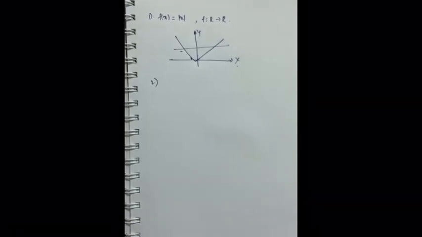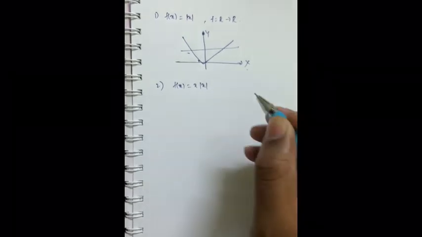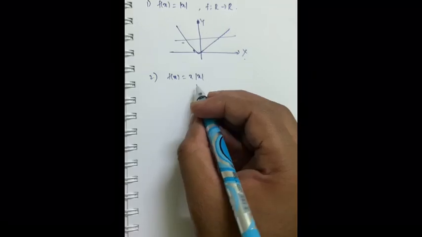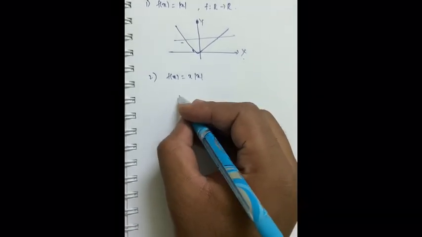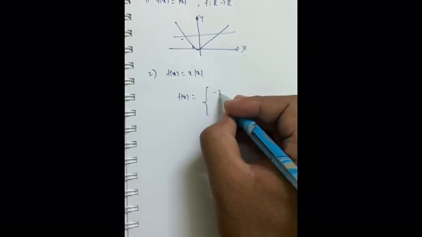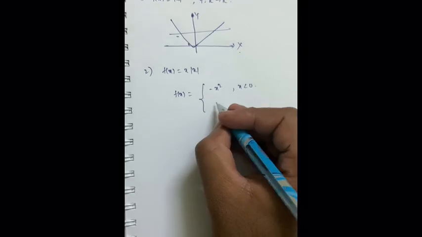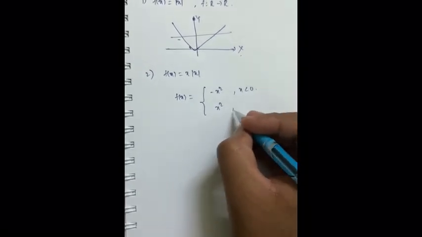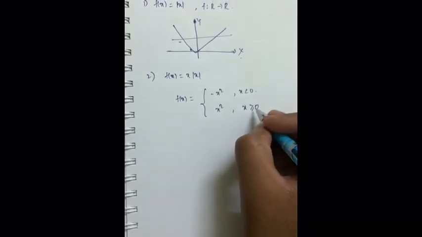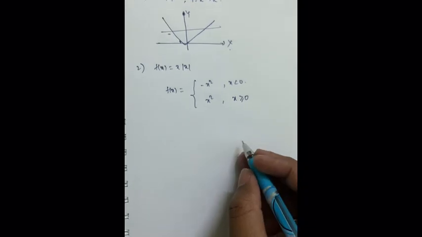So coming to the next question, f of x equals x mod x. Okay. So again, if you are having difficulty in drawing this graph, then we'll see f of x equals minus x square if x is less than 0, because mod x will be minus x if x is less than 0, x square if x is more than 0, and when it is 0 you can put it equal to 0 here or there, anywhere, doesn't matter. Okay, so